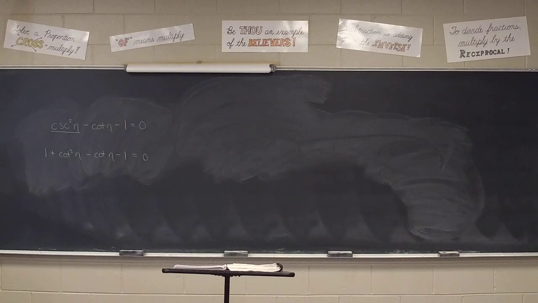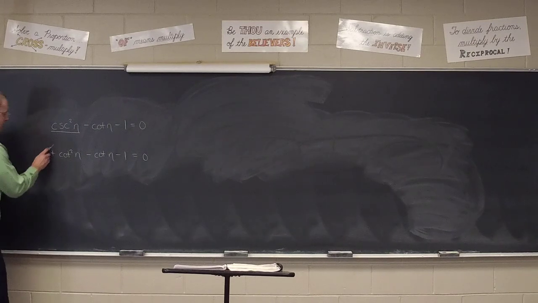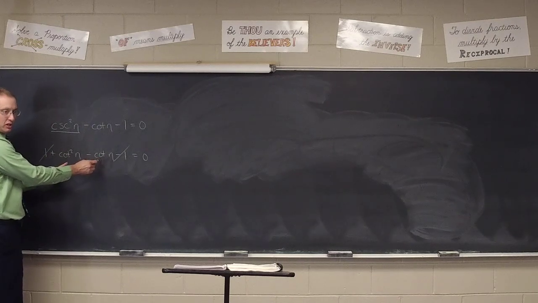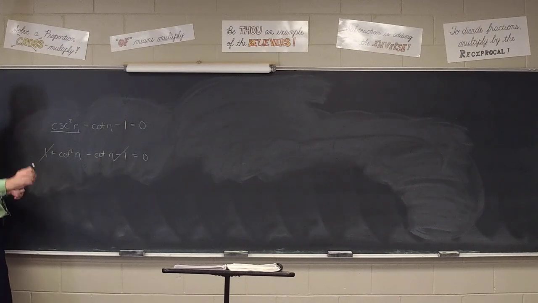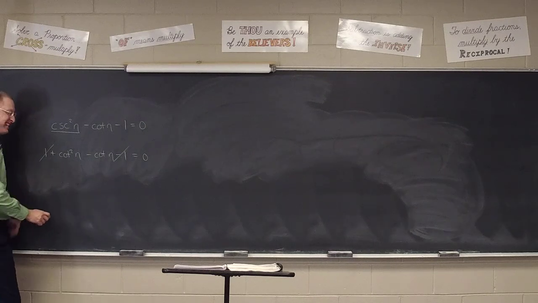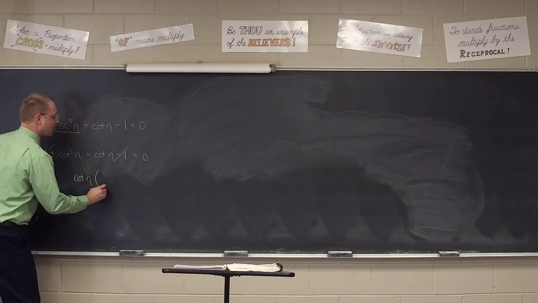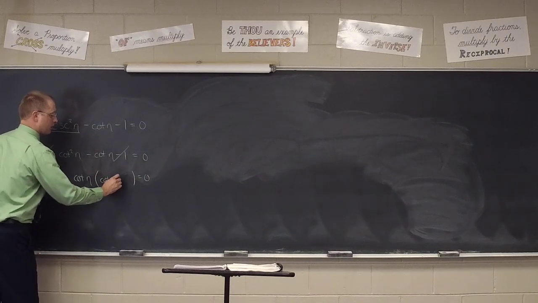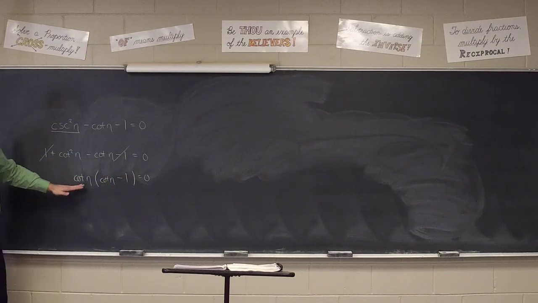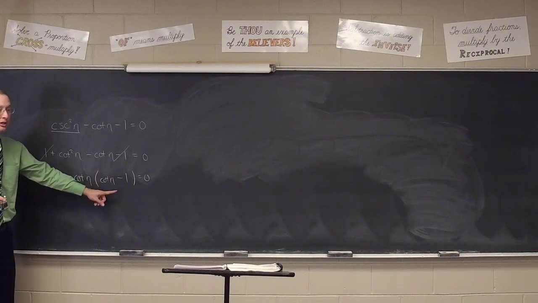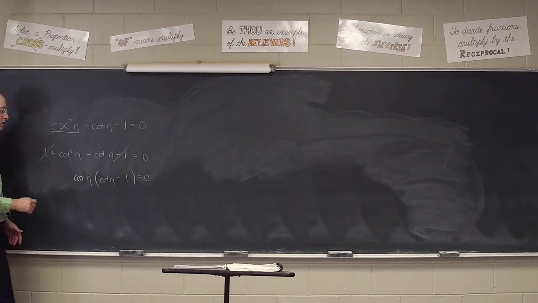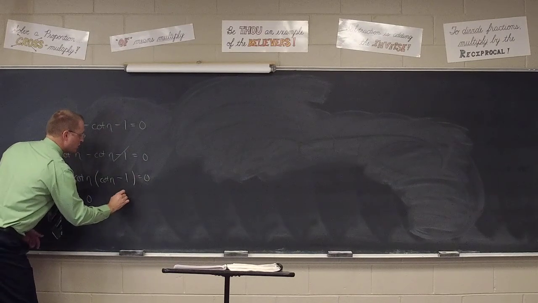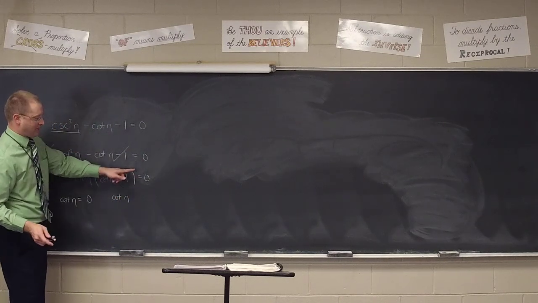So thoughts at this point, speaking of ones, Ethan. Cancel. Yeah, they cancel. And now do you see, I do have the ability to factor now. I can factor out a cotangent theta to be left with what in parentheses? Cotangent theta minus 1. There we go. And now that I've got both factors, I'm going to set each factor equal to 0. So we'll say that the cotangent of theta equals 0, and the cotangent theta minus 1 equals